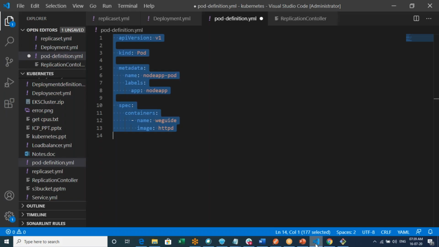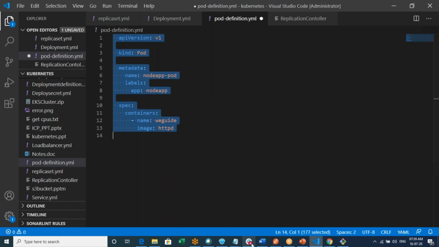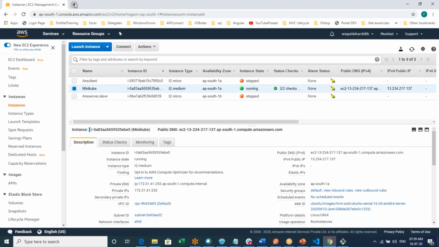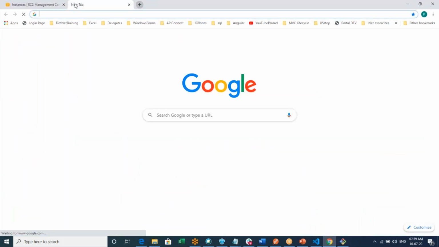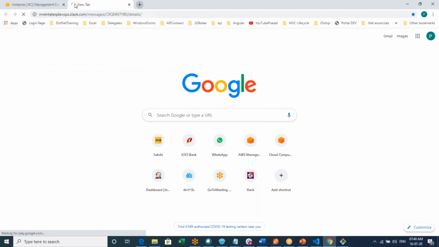Anyway, so let me share this with you. Okay, so I want you to execute at least part of it. Replication controller and replica set, you can do later, but at least this particular file, I want you to execute it now and just have a feel of it. Later on we'll go to the replication controller and replica set. Okay, so let me share it with you.